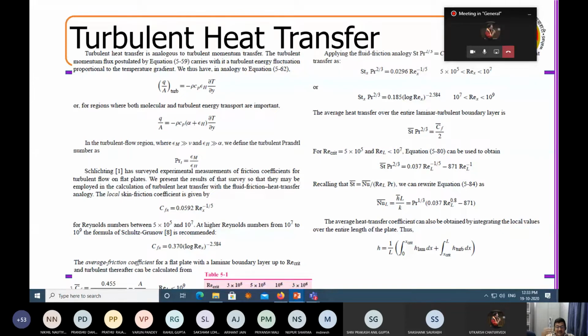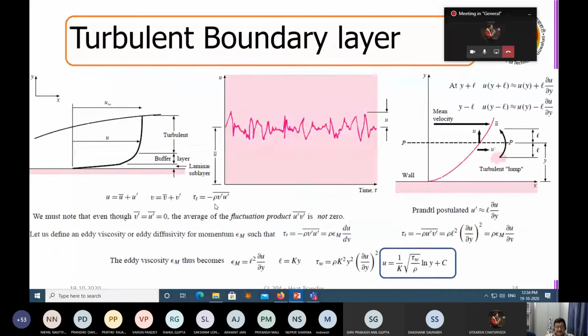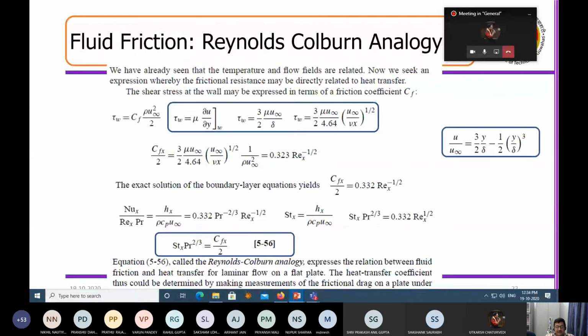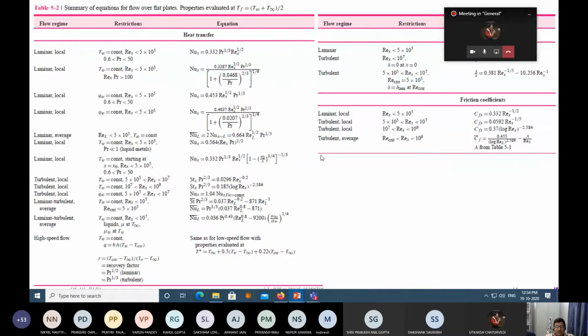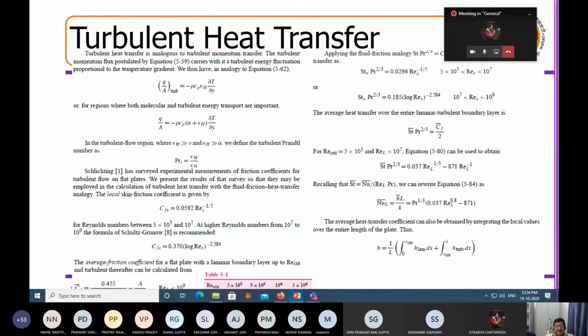Again, you will have these same analogies associated with the skin friction, and how they correlate with the Reynolds number. The process remains the same. You know the coefficient for the laminar flow. You perform a number of experiments and you end up getting Reynolds number to the power minus half. What was the situation in the case of a laminar flow? For a laminar flow, this was the Reynolds number to the power minus half. For a turbulent flow, I performed a number of experiments to see how exactly the skin friction coefficient varies. This varies with Reynolds number to the power minus 1/5.